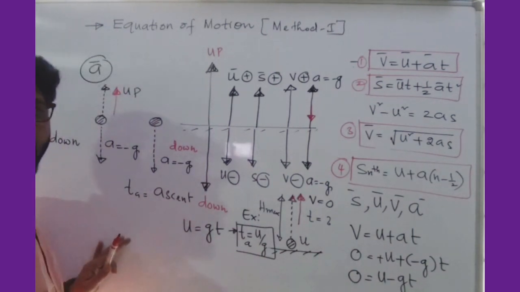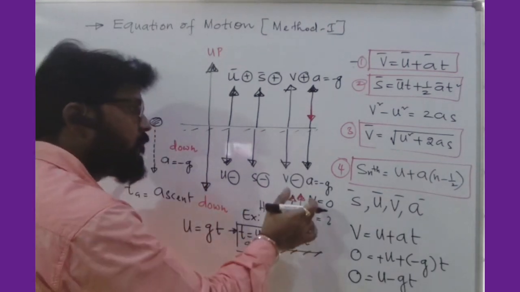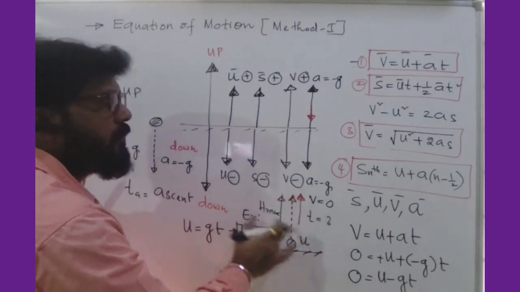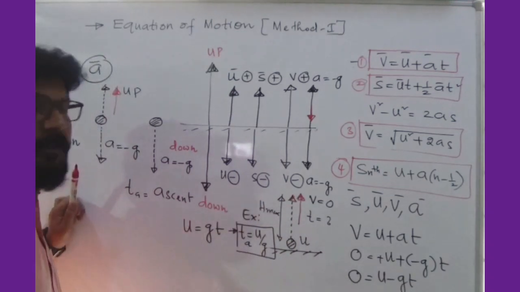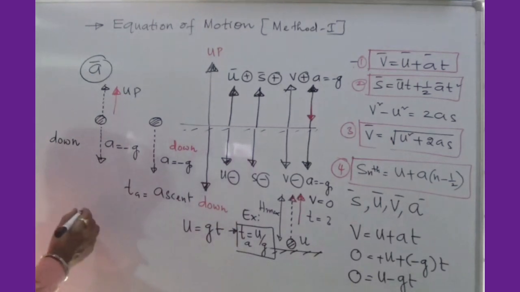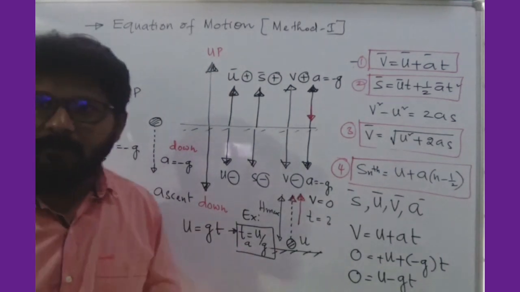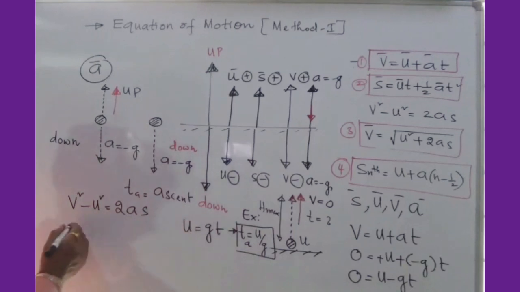What we require here, can you tell me? Maximum height we want. So u is there, v is there, h is there. U, v and s, in which formula is it there? That's nothing but the third equation. So v square minus u square is equal to 2a into s. Now carefully we will apply the sign conventions. Of course at maximum height final velocity is 0, right? Final velocity is 0.